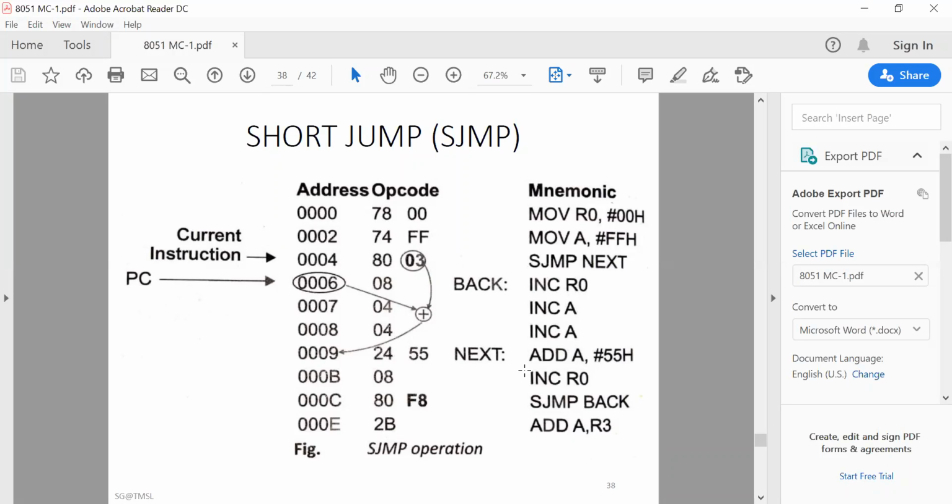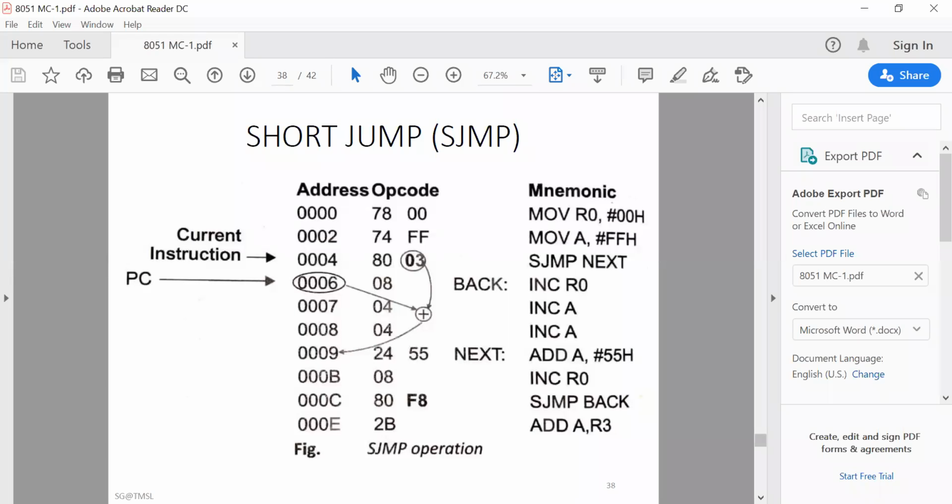Another advantage of having this type of address is that it only requires 1 byte to specify a relative address of the destination location, which saves program bytes and increases the speed of execution. It only requires 03. So when the microcontroller comes to this position, it jumps only 3 memory locations and goes to execute the next instruction at the specified location. That's why 3 is given here. So that is called the short jump.